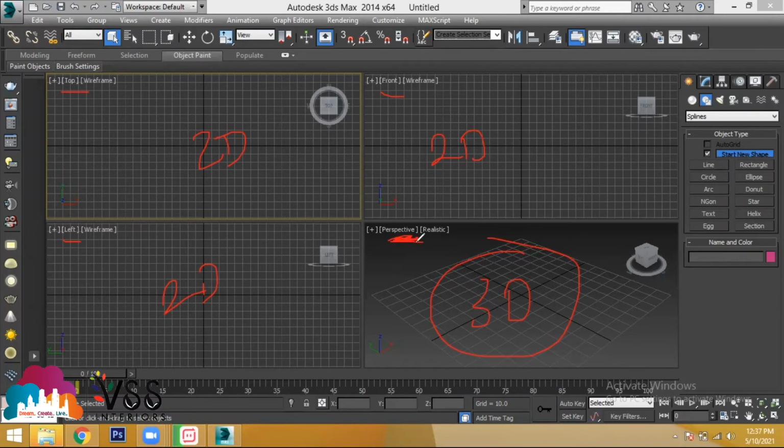Think about views. You have to understand which view the object is seen from and how it appears. You have to understand the views clearly. If you don't understand the views clearly, you will not get the design. So the views are very much important. आपको views को समझ में आना है.